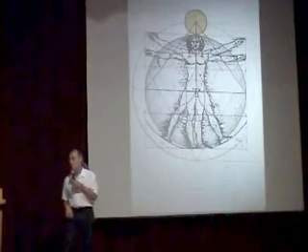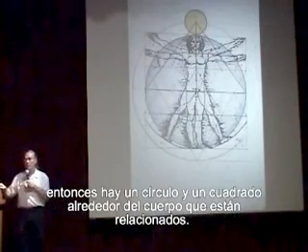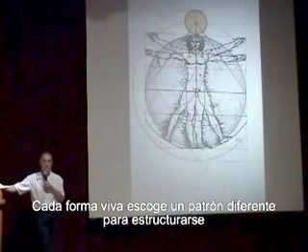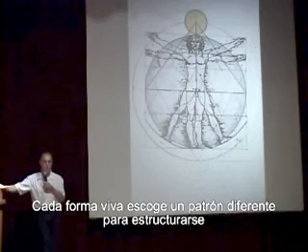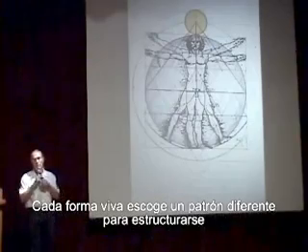And so you have this circle and this square relationship around the human body. Every biological form chooses different geometrical patterns to structure itself through. And so you have to figure out which one it is. But the human body is the square